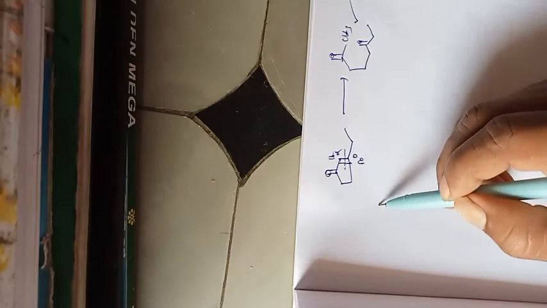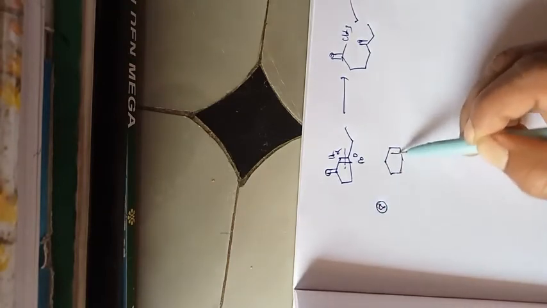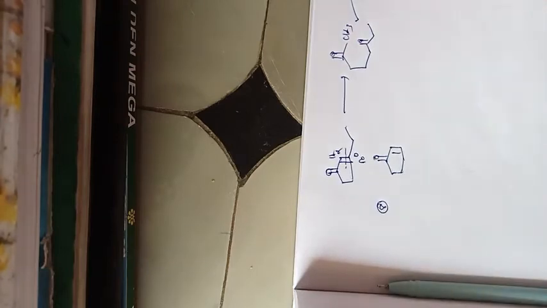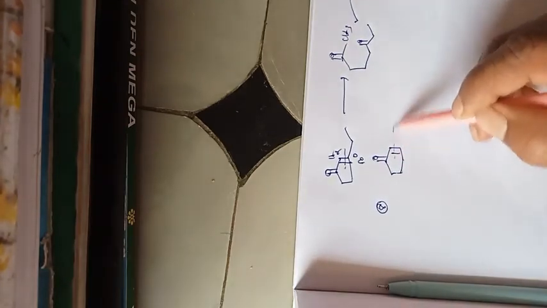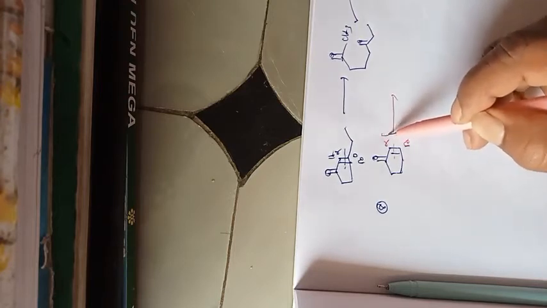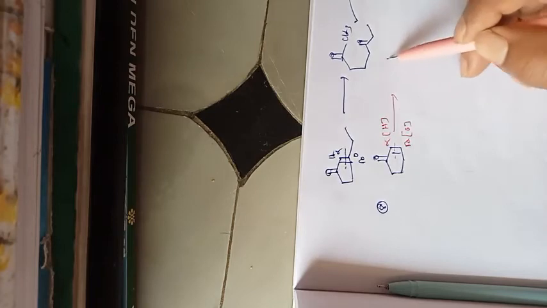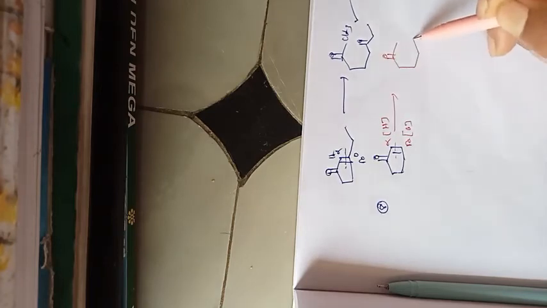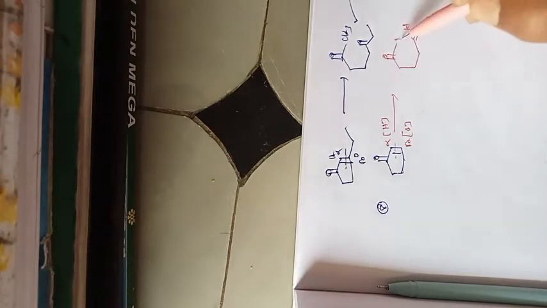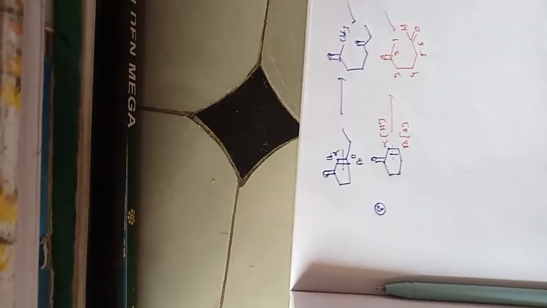And question number 8, for example, now a 6-membered ring. Now a 6-membered ring is given, and what is the reactant? Now this is the alpha position and this is the beta. So at alpha add hydrogen, at beta add oxygen, like that. So this is 1 2 3 4 5 6. So this is the correct answer.